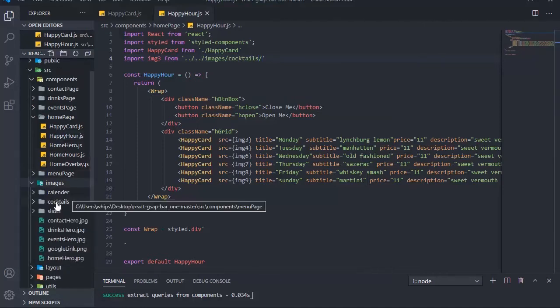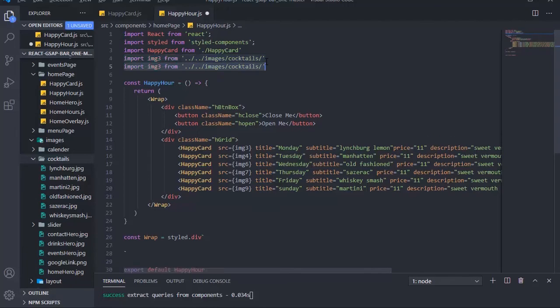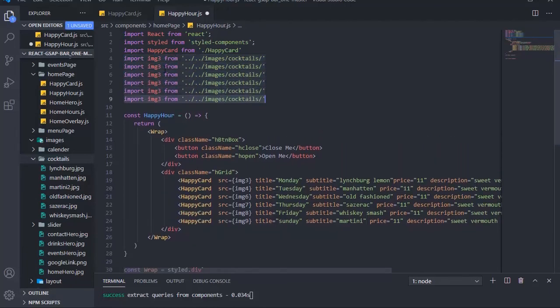So what have we got to do? We got to come over here under cocktails and take a look at what we got. What's the first one? Well, let's do this first. Let's just make 6 of them. 5 more. 1, 2, 3, 4, 5, and we're using 3,